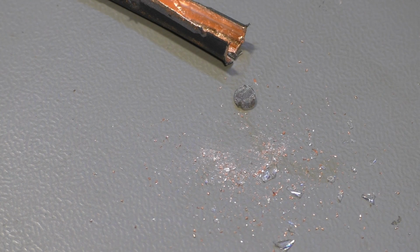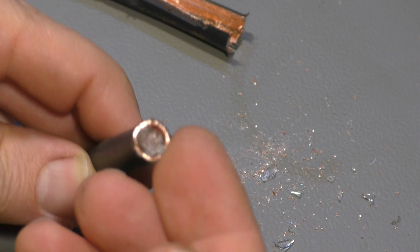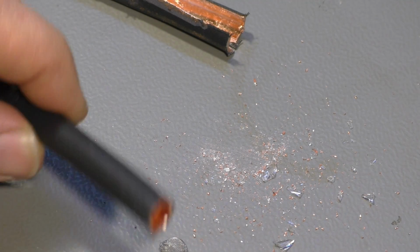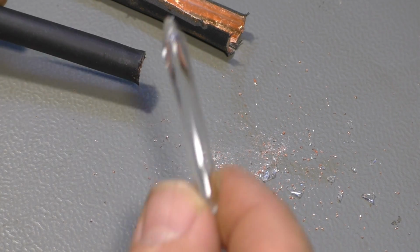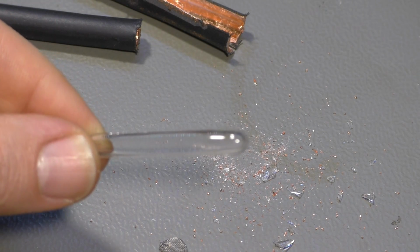So the next tube I opened a little bit more carefully, and so that's how the wire mesh is inside. After removing that with the screwdriver, this little glass ampoule here comes out,